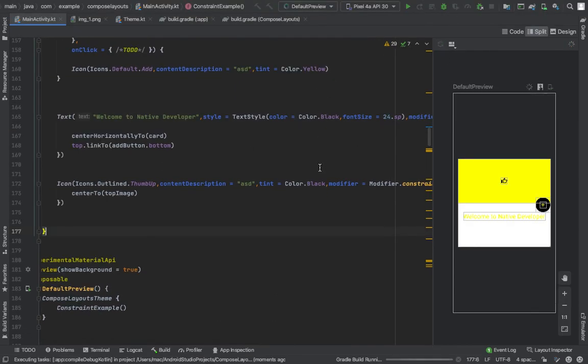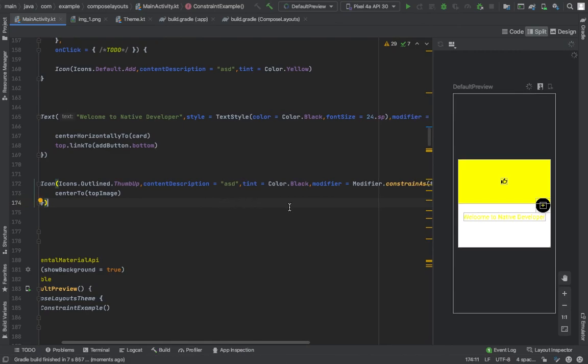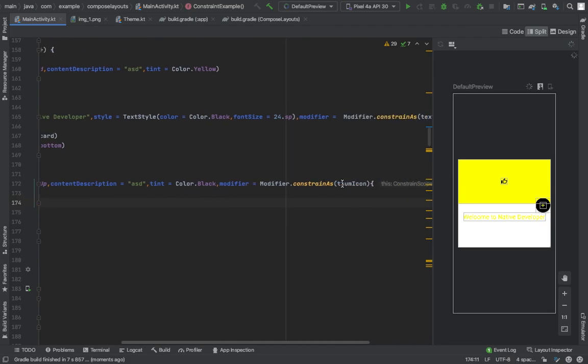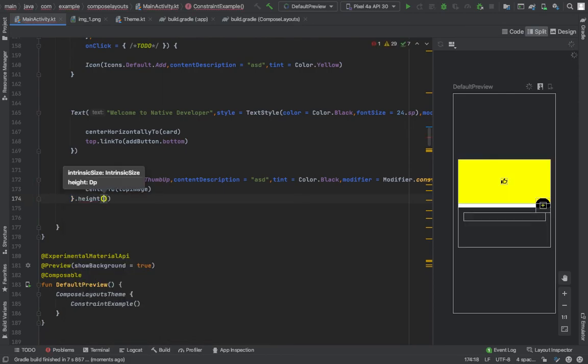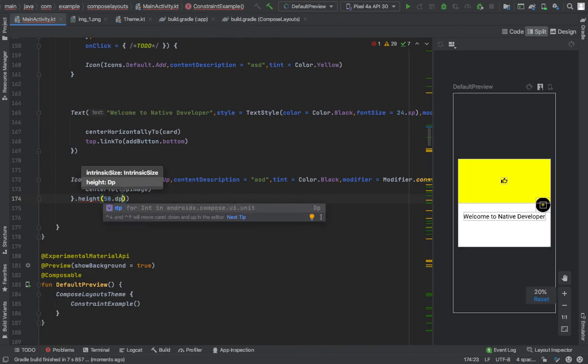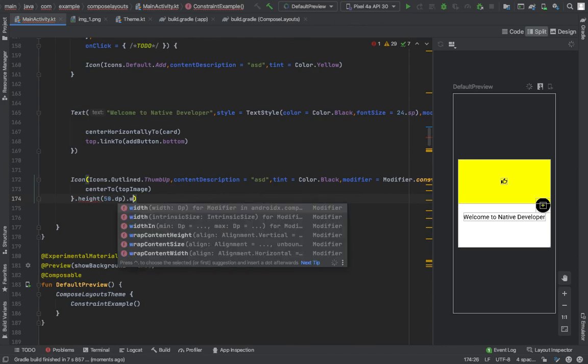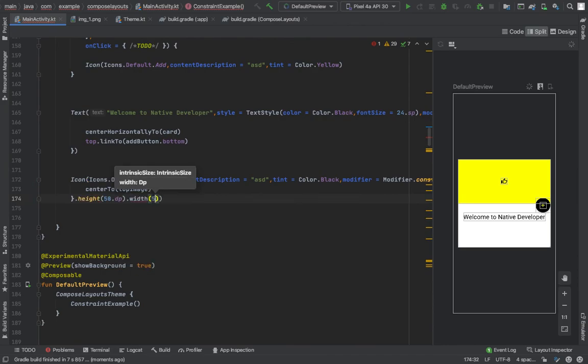Review it by changing the color of icons and this text. We can also assign size to our icon by just modifier. Here we can assign sizes to our icon like height is 50.dp, and also we can assign dot width 50.dp.